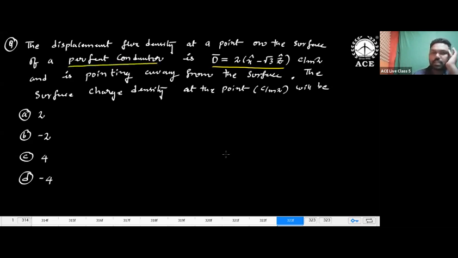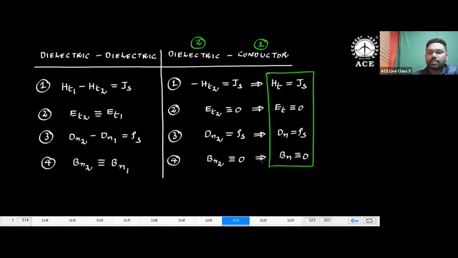So what kind of boundary conditions do you have to choose? There are two types of boundary conditions. One is dielectric to dielectric, the other is dielectric to conductor. This electric flux density is observed on the conductor, beta. So you have to use the dielectric to conductor interface boundary conditions. That means you have to use this one. And it is asking for the surface charge rho_S. So what is the surface charge? rho_S is equal to